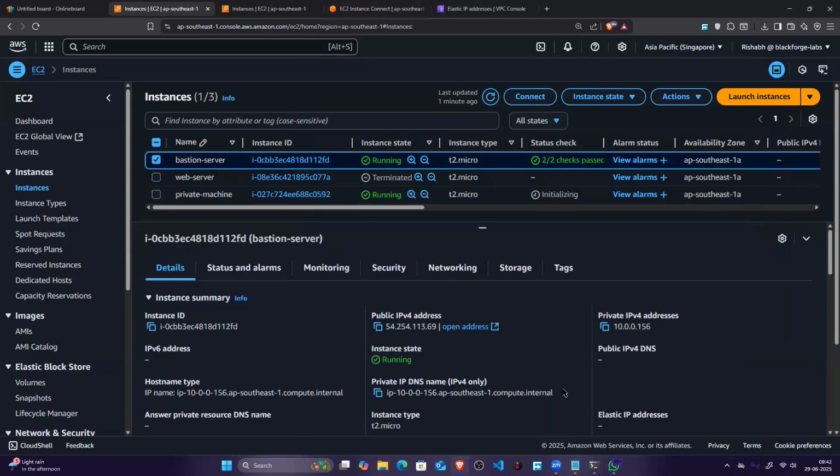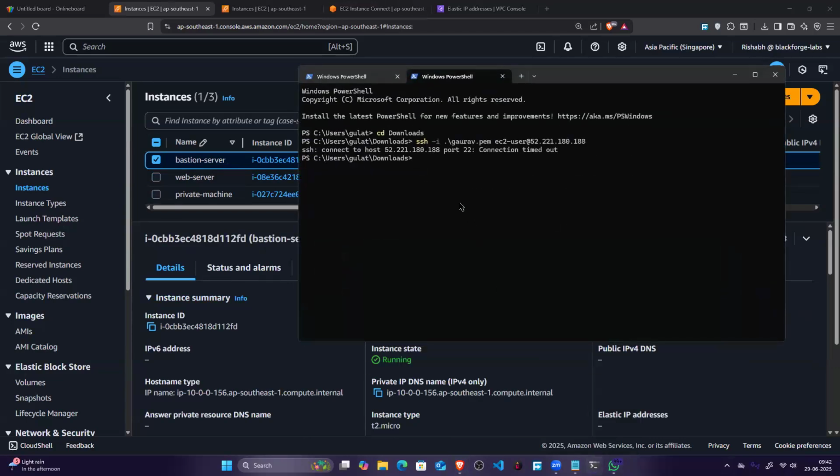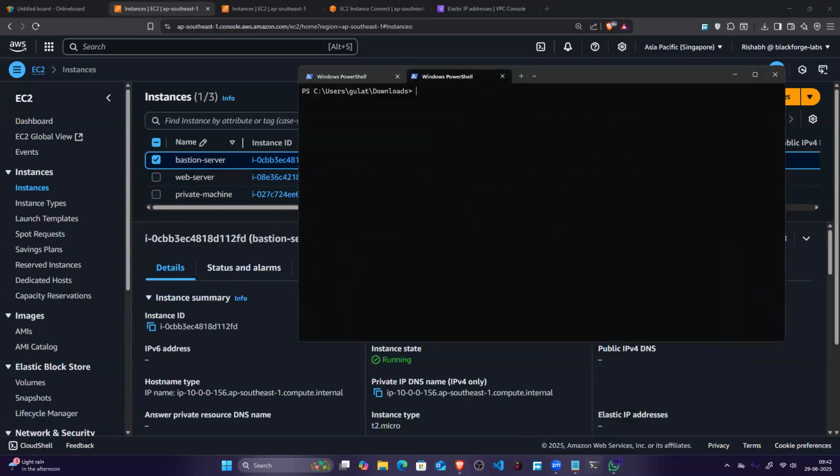Rishi, private key, sorry, the key is different. It is showing Gaurav. Oh, sorry, my bad. ssh -i bastion.key ec2-user@